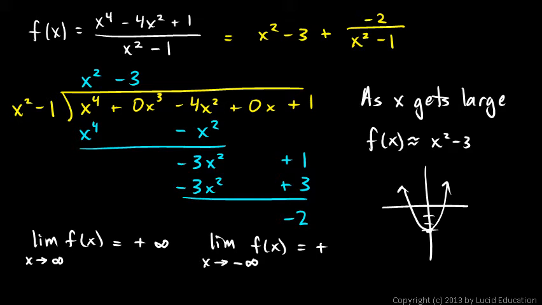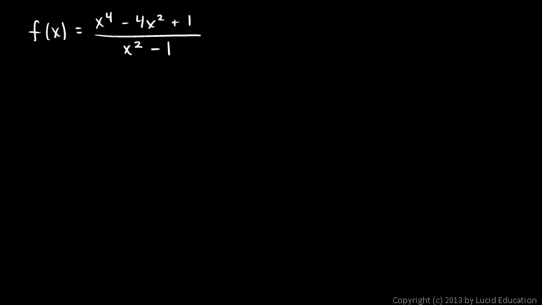If all we need to know is the end behavior of the function, and we don't need to know the actual slant or curved asymptote, and we don't need an actual graph, if all we need is the end behavior, then there's a really nice shortcut that we can use that can avoid all of this work right here. So let's erase that. Take a look at this function and imagine x getting really big, and look first at